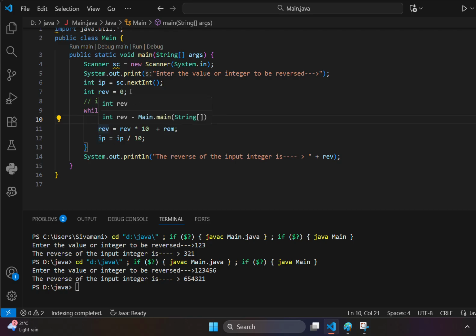And later rev. Earlier it is 0, right? Now it is 0 into 10, that is nothing but 0, plus the remainder, the previous remainder, that will be added to the rev. And the variable ip will change itself by being divided by 10, and it is going to take the quotient. Let's take it in,